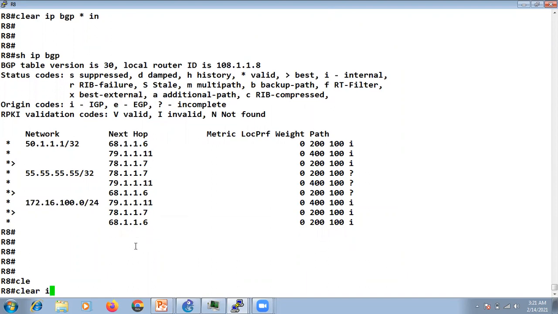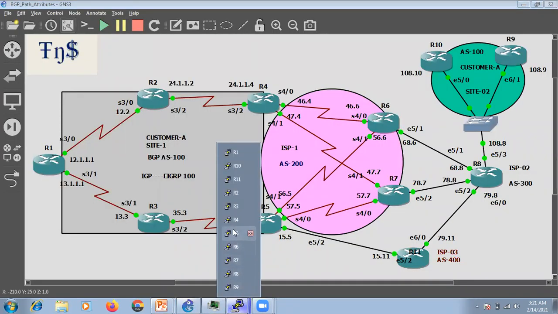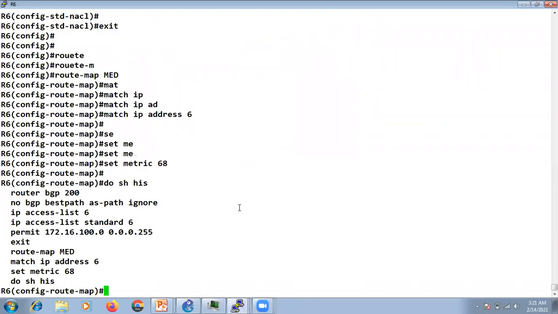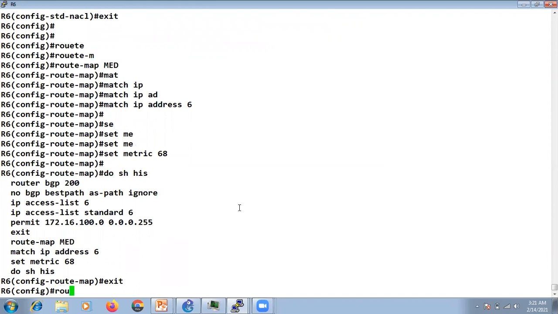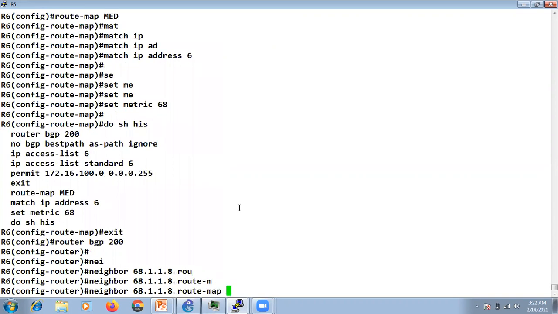Still we are not receiving it. Oh, sorry. We have also to apply this condition into the BGP, right? So now I will go to router BGP 200. My neighbor is 68.1.1.8. I would say route map.